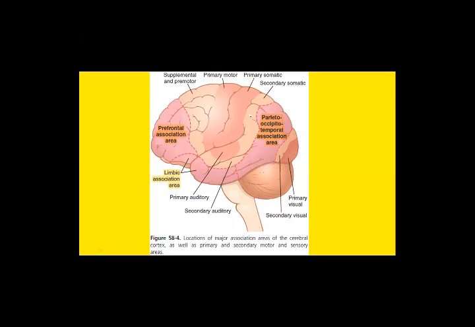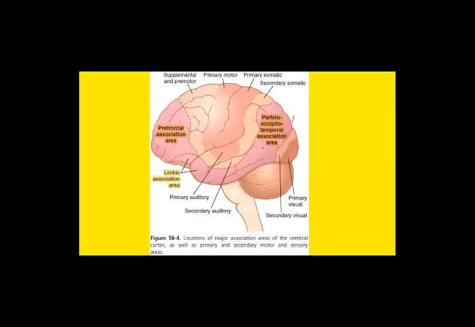Besides the motor areas and sensory areas, there are some other areas located within the cerebral cortex that are difficult to classify under the category of either motor area or sensory area. That is the reason we can classify these areas as association areas. So they are very difficult to be classified under true motor area or true sensory area. So we are classifying these areas separately as association areas. The first association area is the